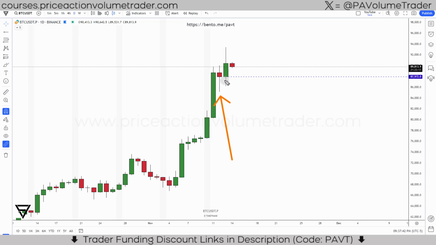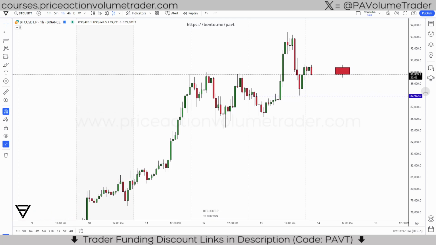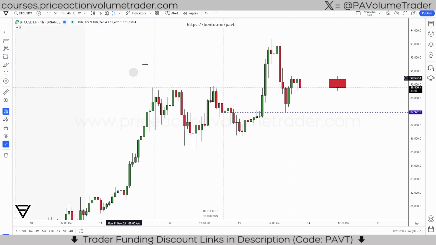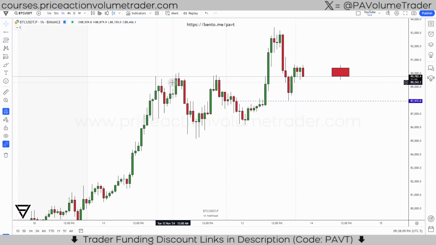So what I like to do then is, on the next day, we mark off here in blue the opening of this daily candle. And now let's go into an hourly time frame. And we can see each one of these sections is a separate day. So we have the strong move up. This was the day that we have the reversal here. And then we came and closed right over here. So we're in a very strong uptrend. We had a small pullback on this day, and then we closed